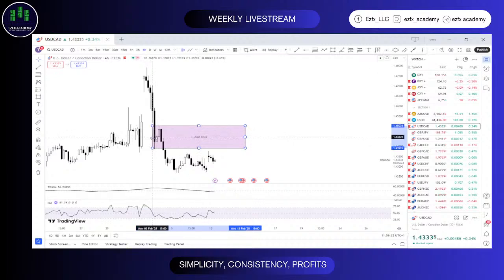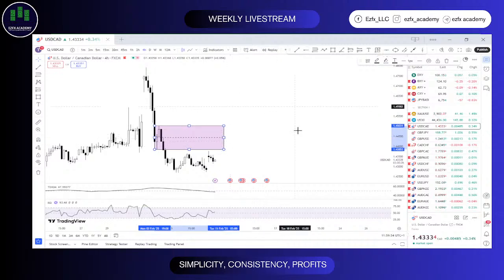Again, you notice that most of our analysis here we're doing on the higher time frames, the 4 hour time frame and so on. So if you are a scalper and might not be able to use the parameters given on the 4 hour time frame for your stop loss and entries, I expect that you can go to the lower time frame and work based on your own entry criteria to take up the trades.